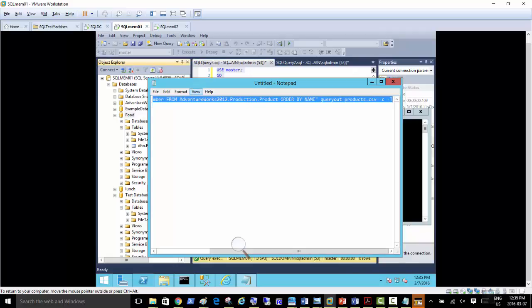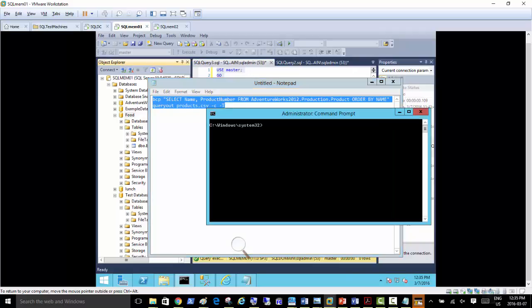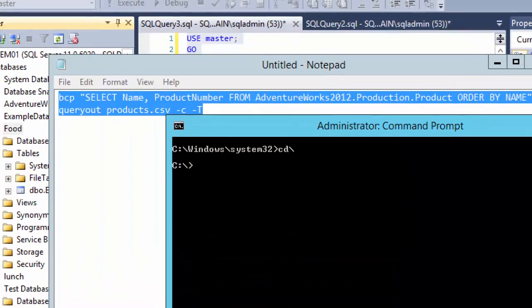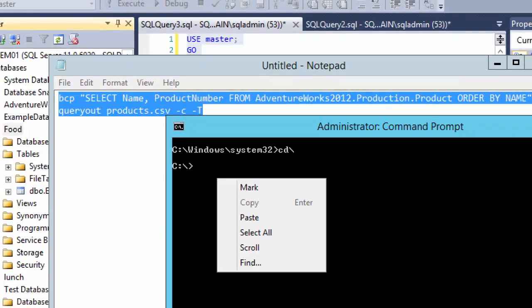And format, word wrap. So the whole command has to be copied there. I don't think it's going to copy the whole thing, but cd \. Let me put on the magnifier again. So I'm going to try to paste the whole command.